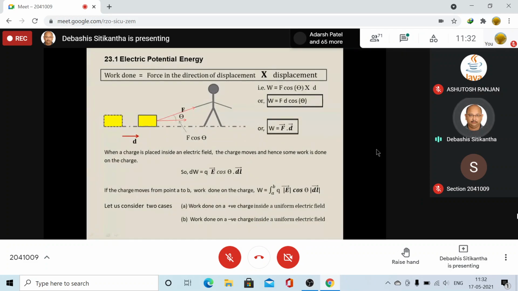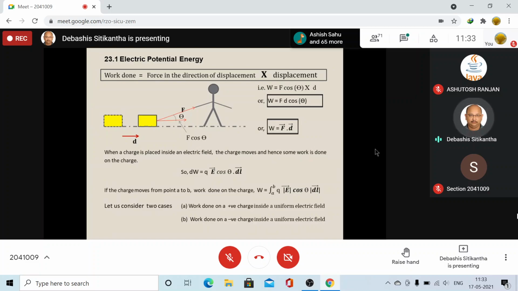So over here, I have explained what is work done. First, I explained it in terms of mechanical terms. Then we converted it to electrical terms, and thereby we found out the expression of the work done in moving a charge inside an electric field. I am just going through the recap of all the slides. Now, the work done is of two types. One, the work done by the electric field. The other one, the work done by an external agent.